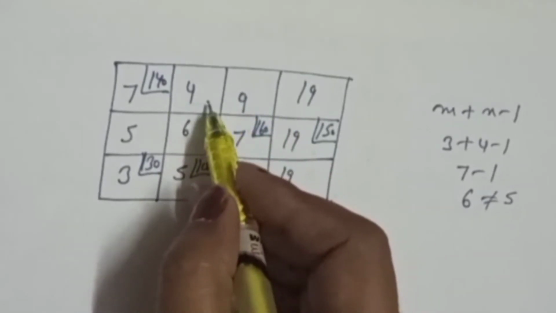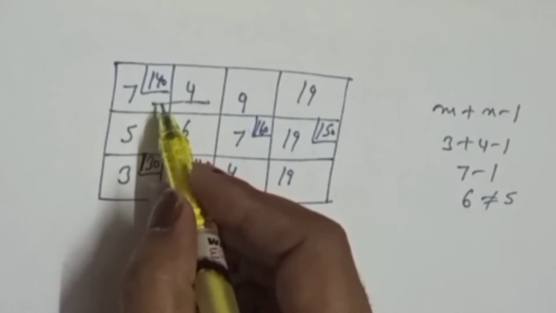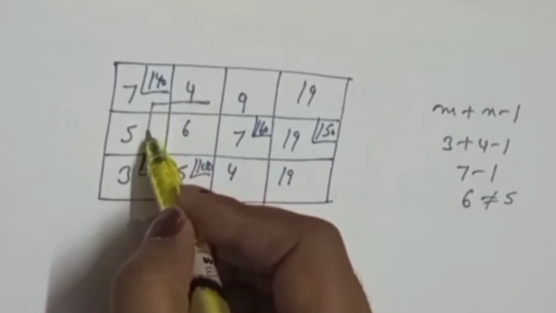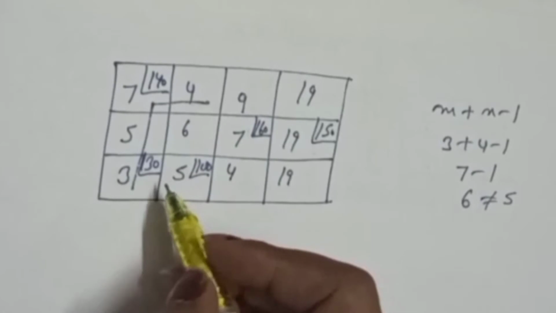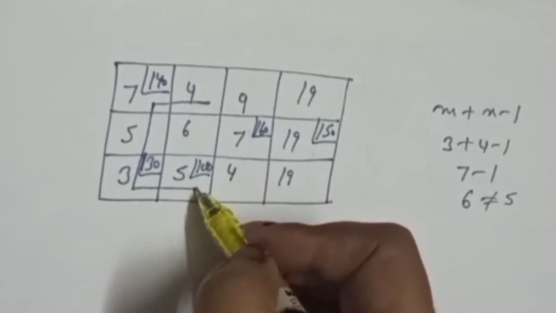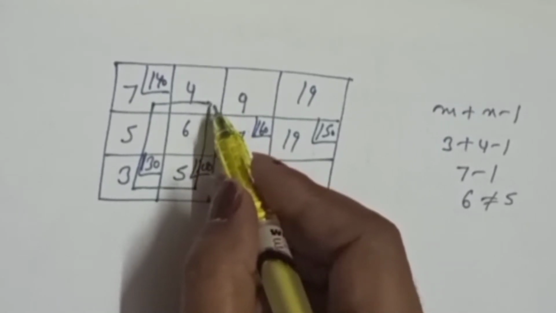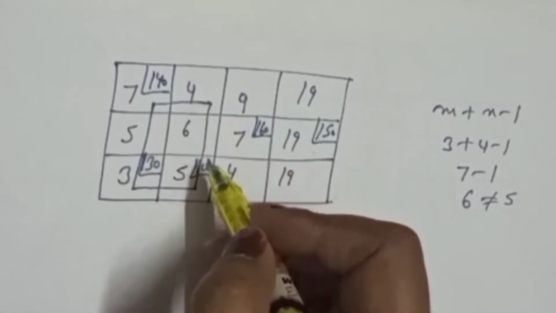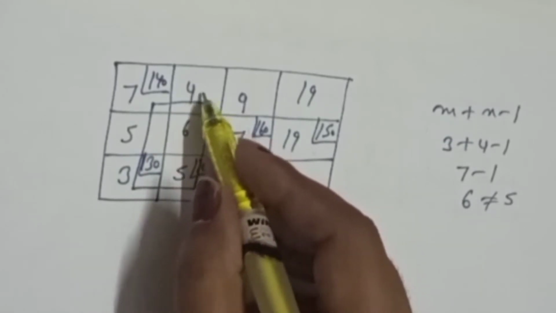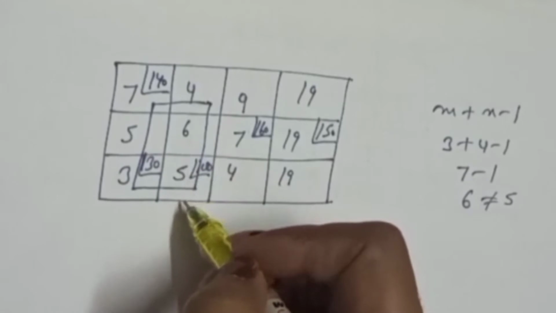In this cell, you can see, you can go here and you can stop here. If you move here in this allocated cell, now you can move here, and now you can move to the starting cell. You can see students, here our loop is formed. So we can't select this cell because you can see clearly that the loop is formed.